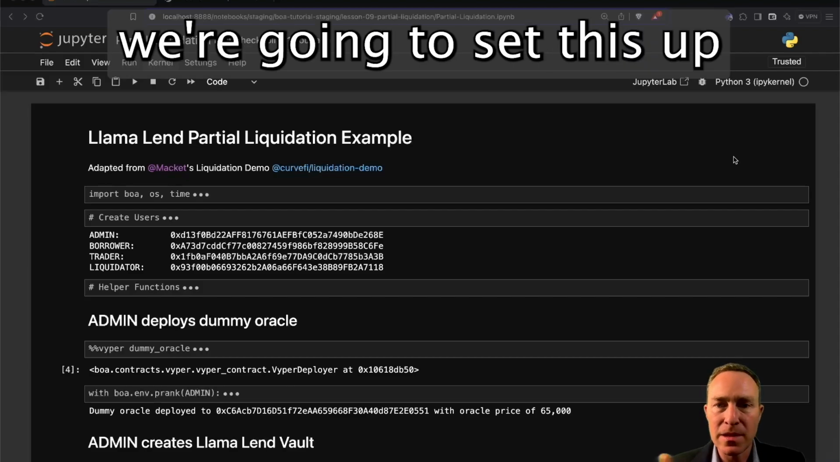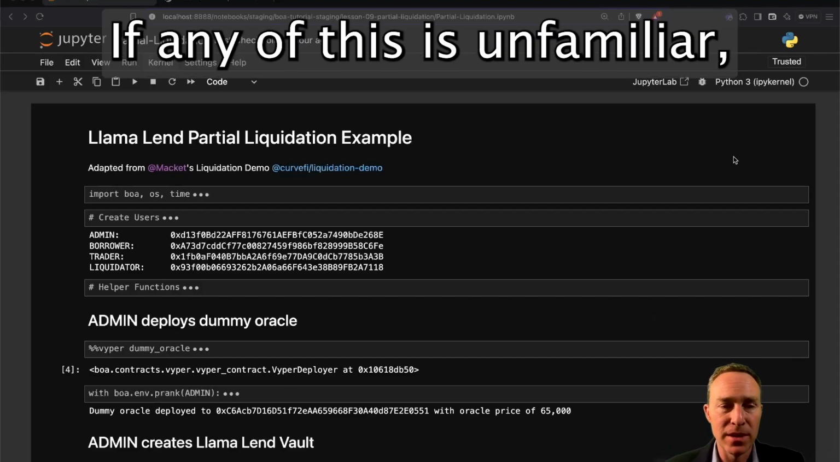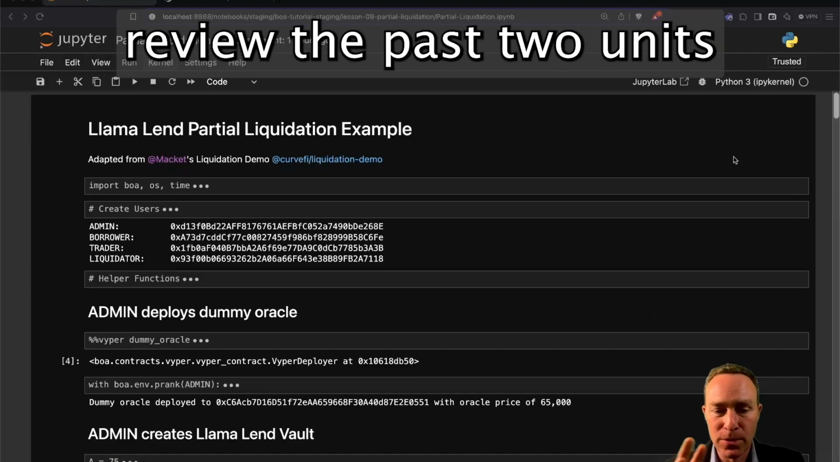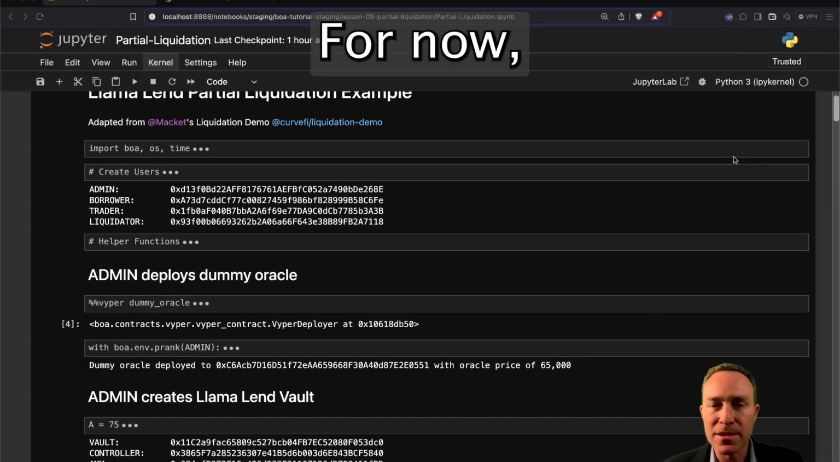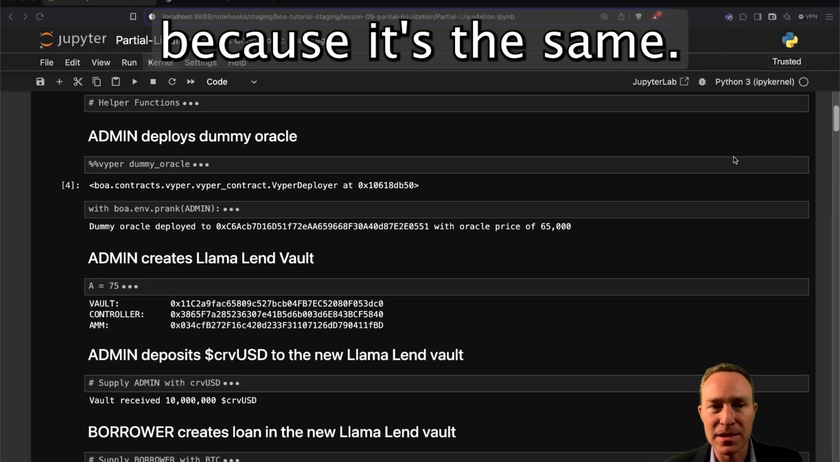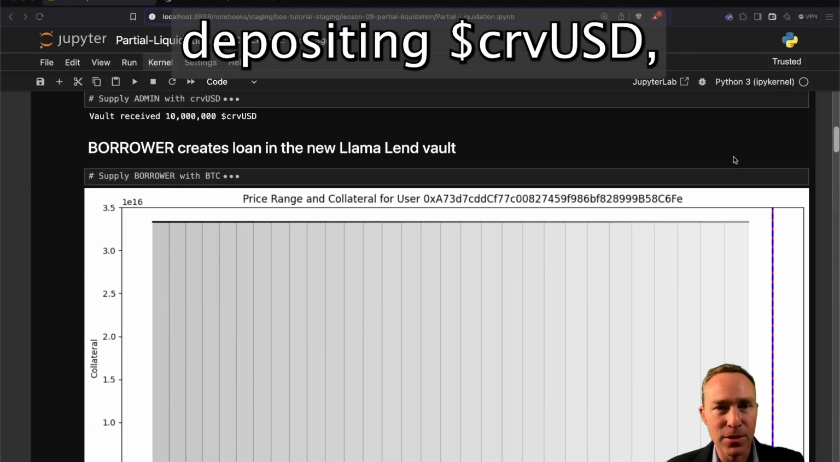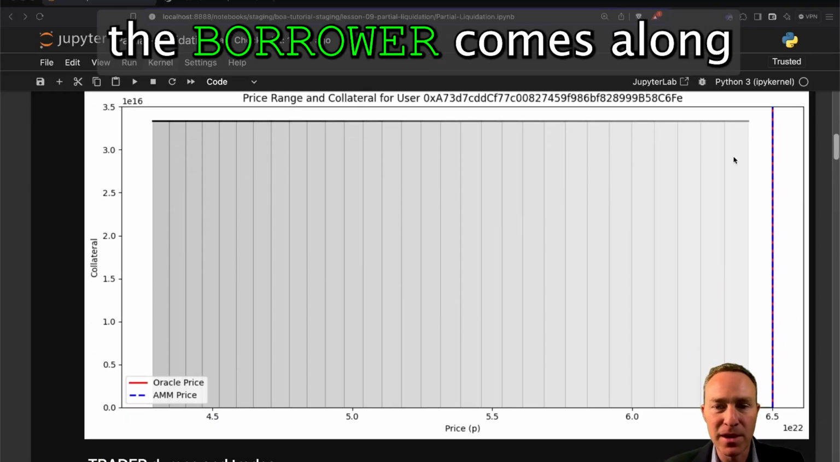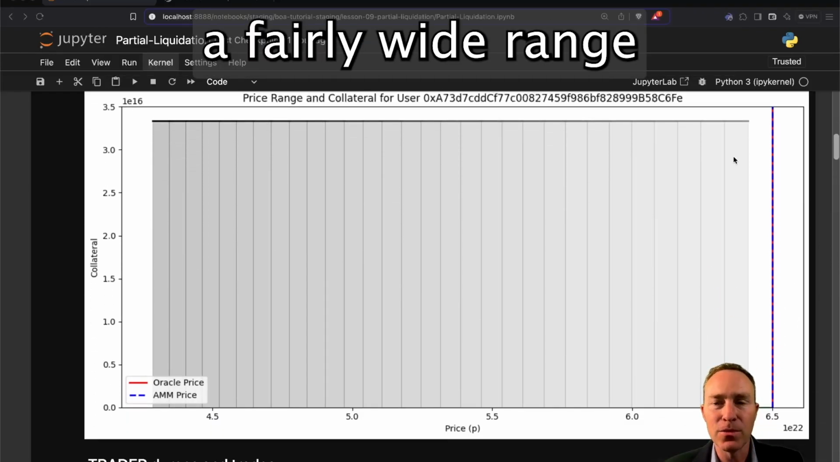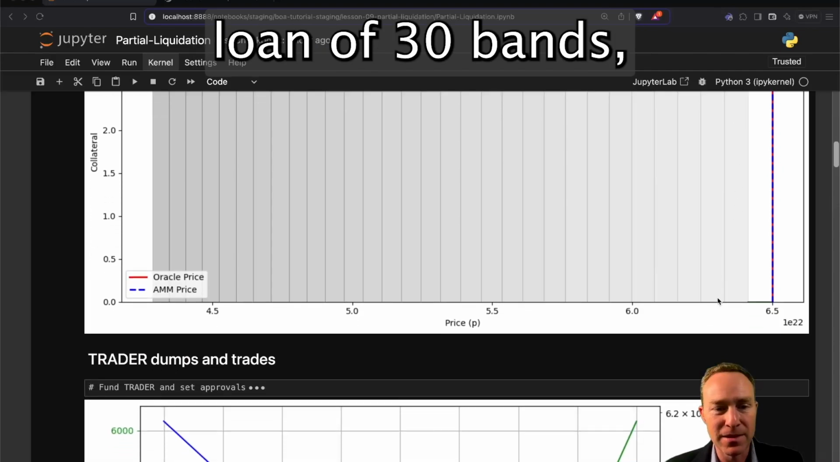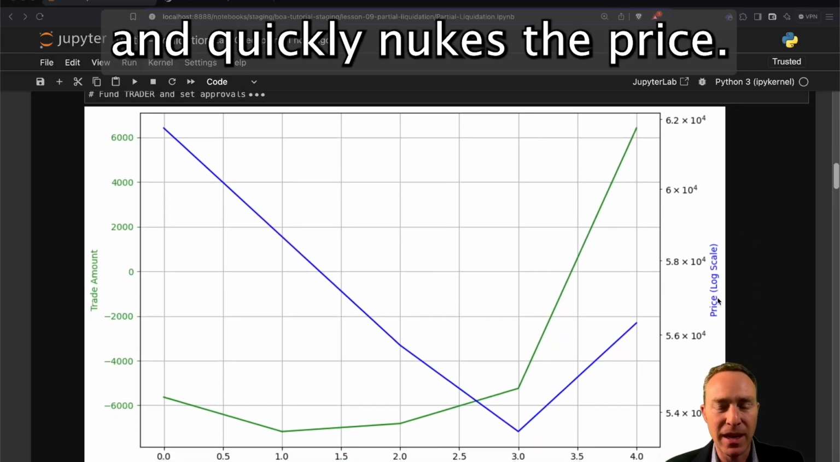So in this case, we're going to set this up in the same way we set up the previous unit. If any of this is unfamiliar, review the past two units and it will make more sense. For now, we're just compacting the code blocks because it's the same. We're deploying a dummy oracle, creating the Llama lend vault, depositing Curve USD. The borrower comes along and creates a fairly wide-range loan of 30 bands, but this trader comes in and quickly